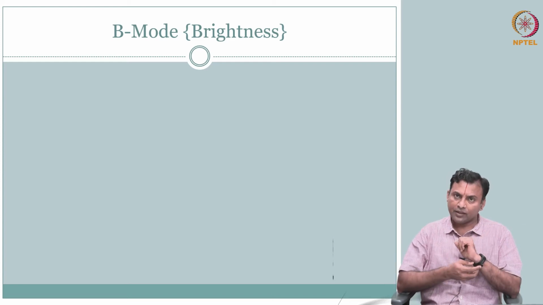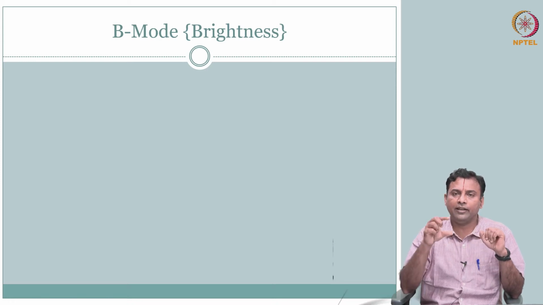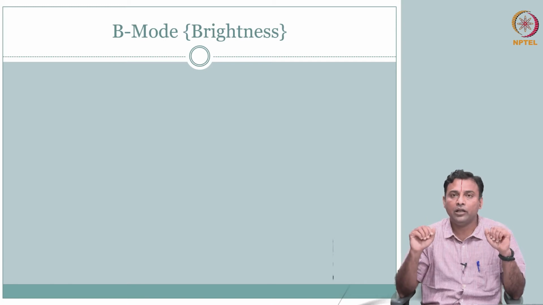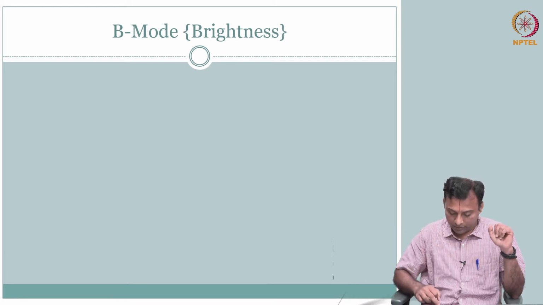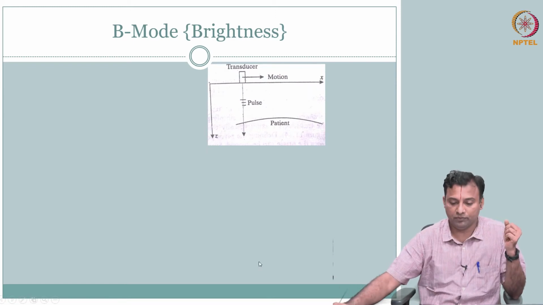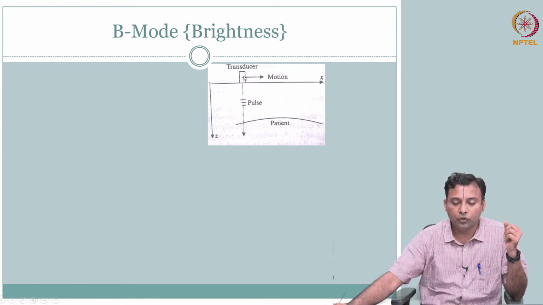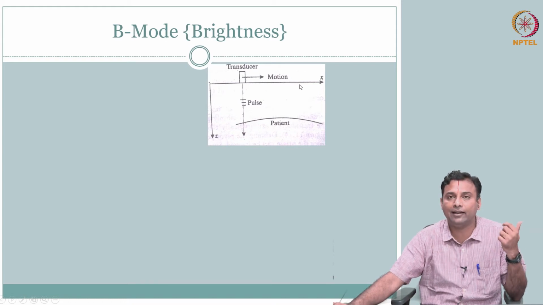So what we did see is, carrying along with the same logic of having A mode, but then translating the A mode, scanning the A mode, we could create an image. So you could use this transducer, you could get one A mode, the A line we call amplitude mode, and the next pulse you move this, and this way you could scan and get a whole X by Z image, Z being the depth and X in this direction being the lateral direction we refer to. So this will be the image.